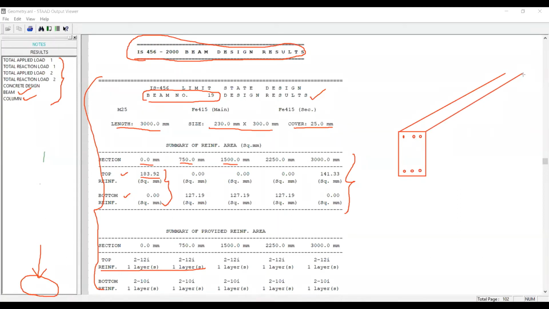Along this is the beam length, right? Yes, sir. This is your beam, right? If I draw it like this, this is your beam, right? So he's saying that this is your beam length of 3 meters. So at zero distance, the reinforcement is